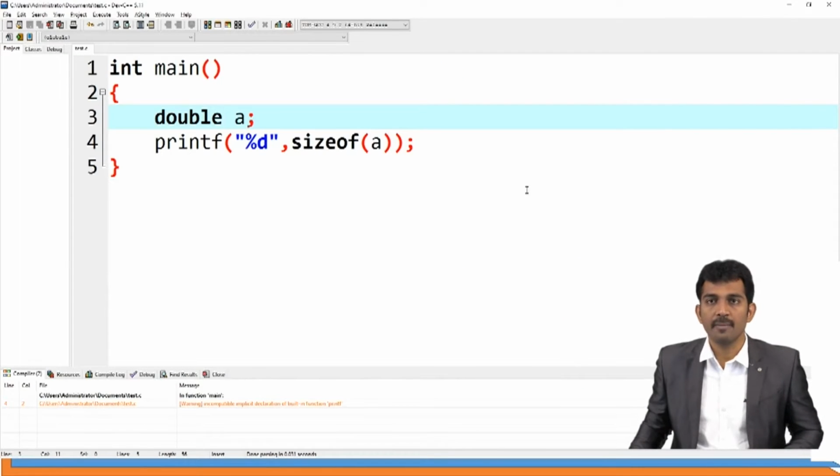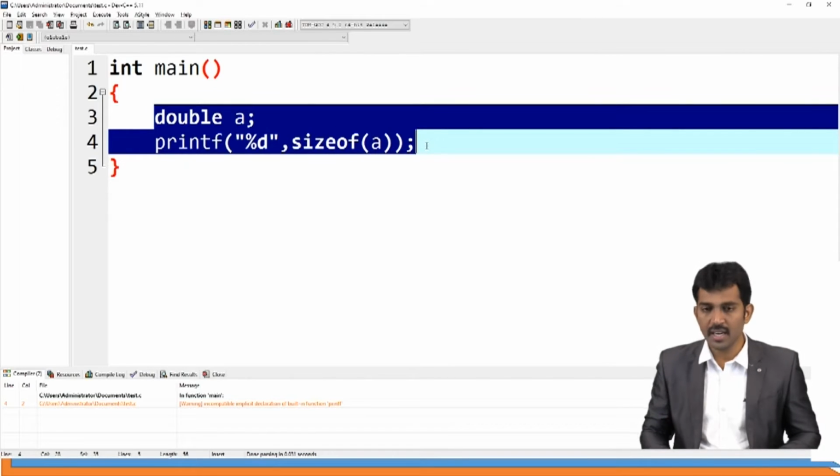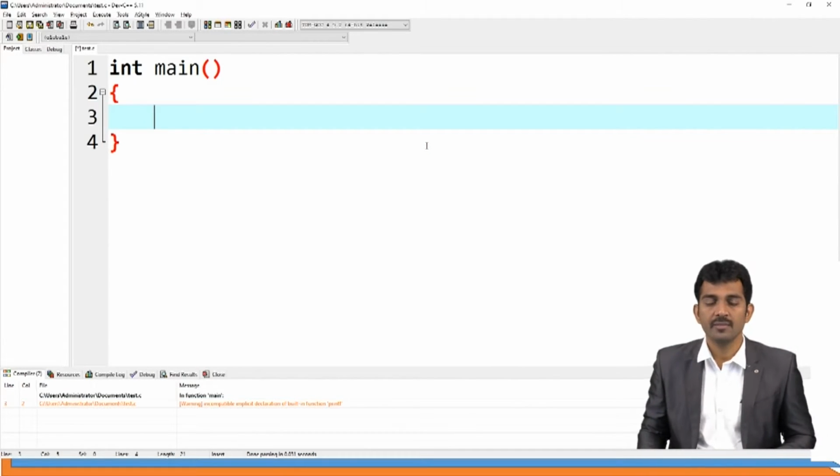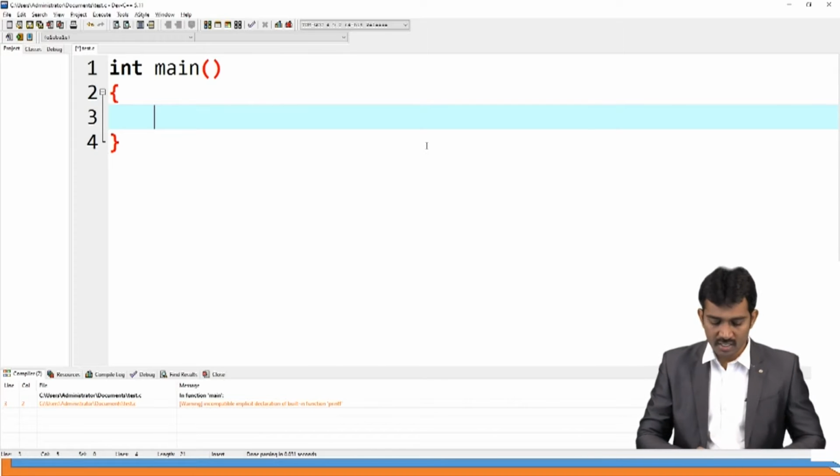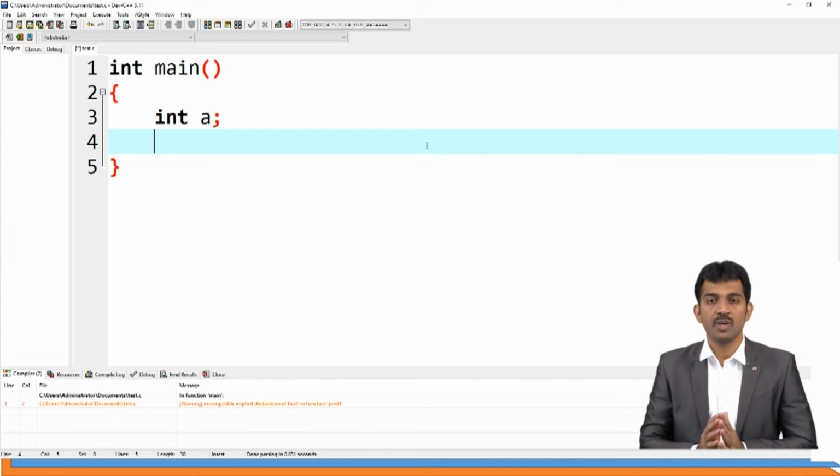So this is a small program. For example, here my task is to read an integer and print the integer. Read and print, that is my task. A simple program to read and print an integer, right? If you want to write an integer, first you should use the int data type, and you need to declare one variable. A is a variable. Remember, every statement ends with semicolon. That is very, very important. Every statement in your program ends with semicolon, right?